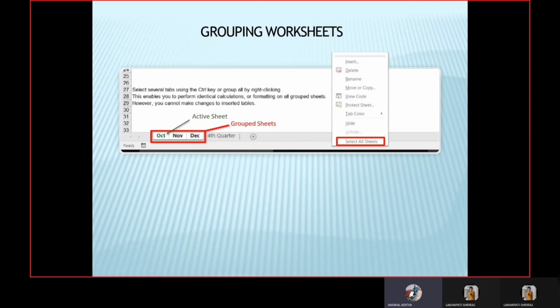Also, to ungroup selected worksheets, if you don't want to apply specific tasks to a particular set of worksheets, press and hold the Control key and click the worksheet tabs you want to ungroup. Over here we will press the Control key and click this worksheet tab. All three would be clicked together as it is grouped, and as soon as we click it again, it would get ungrouped.